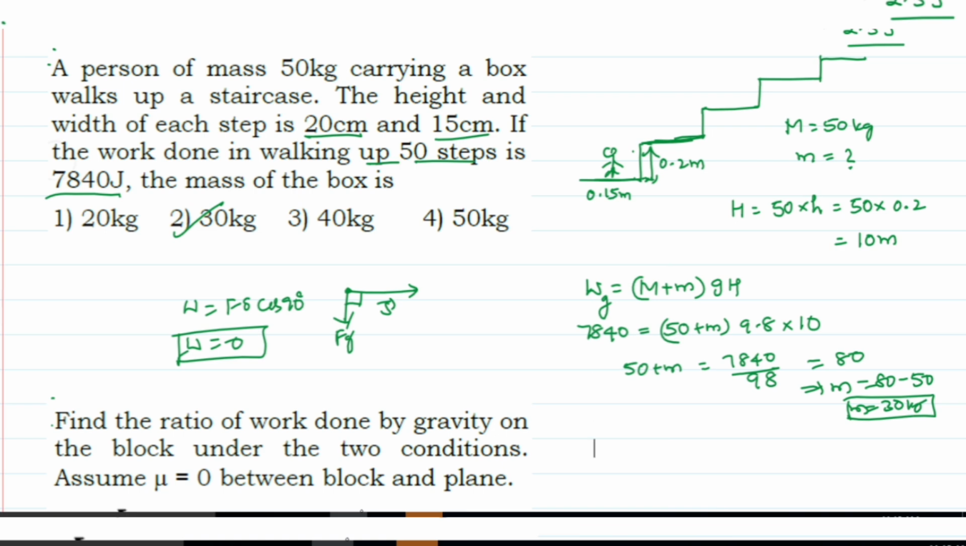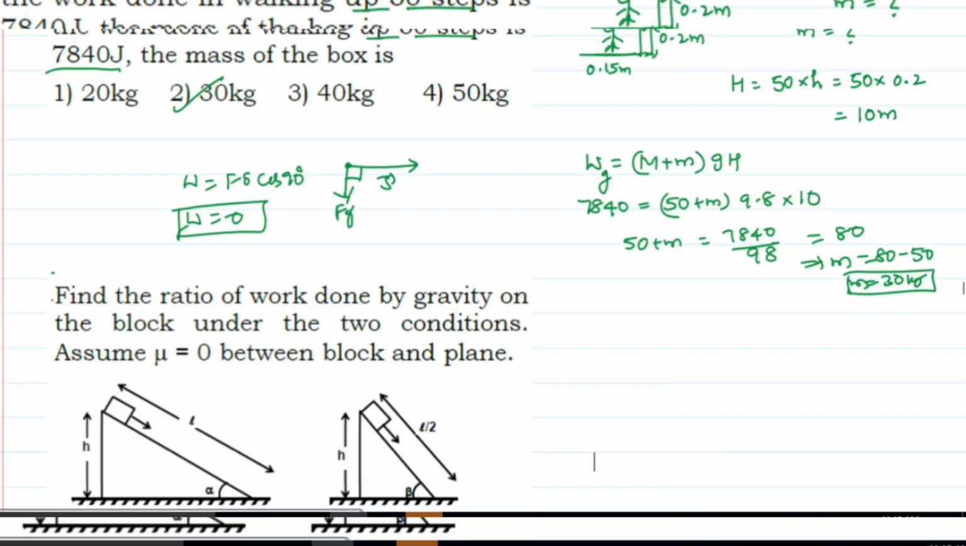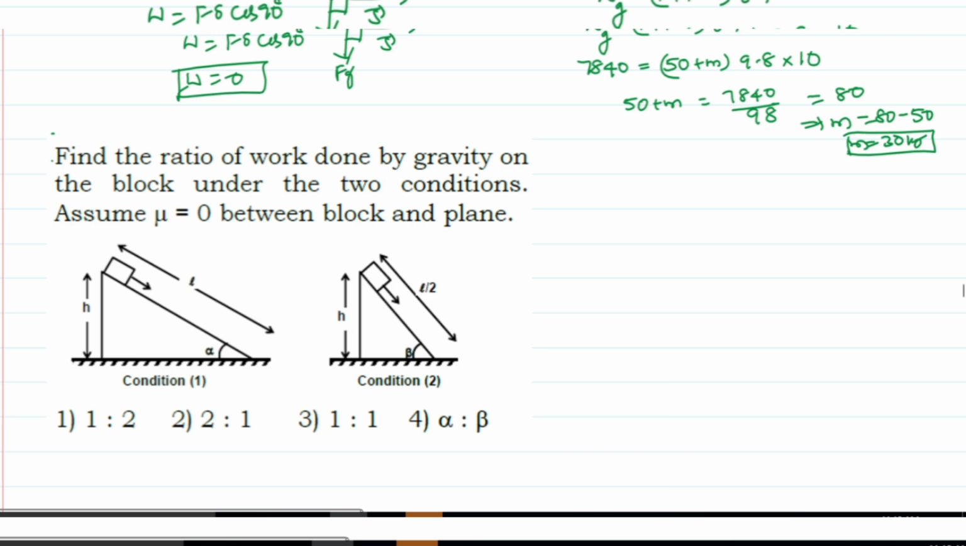Let us see the next question. Here it's given: find the ratio of the work done by gravity on the block under the two conditions, assuming mu is 0. Mu is 0 in the sense that it's a smooth surface and a plane is given. What's the ratio of the work done by gravity? Work done by gravity only depends on the height, right? So you can take work done by gravity